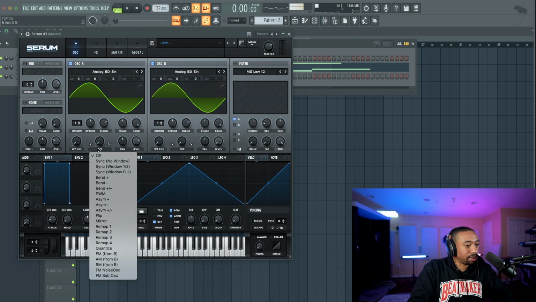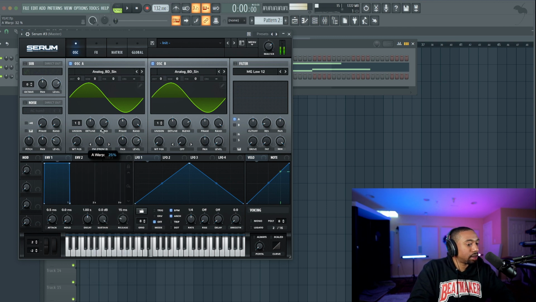You'll hear where it says the mod area or the warp section. Switch this to FM from B. So it creates that type of sound. And we're going to lower the octave 2 octaves. It's going to give it that EDM type sound. Okay, we're going to put mono legato mode on in the bottom right. So we just have to determine this knob amount. We'll determine the tone.